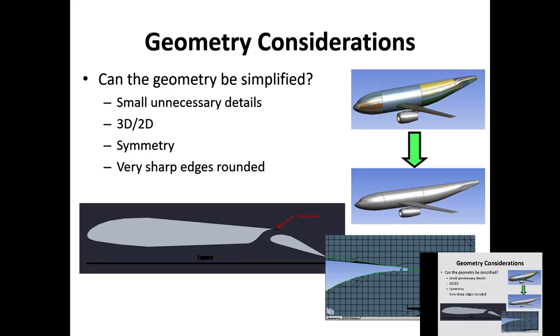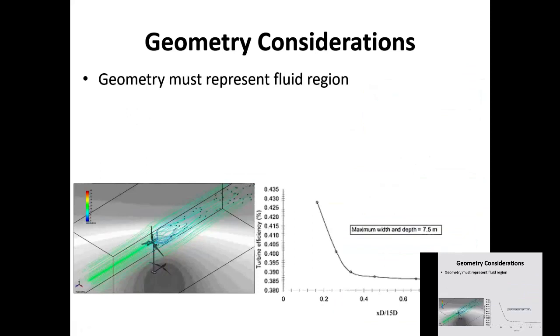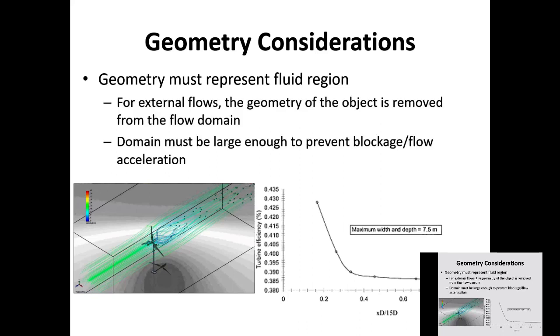And you can also look at symmetry, because if a problem is symmetric, you can only solve one half of it. So your full problem is symmetric. And you can't entertain really sharp edges. So those edges you round them. And your geometry will have to have a fluid region, of course. Okay, and